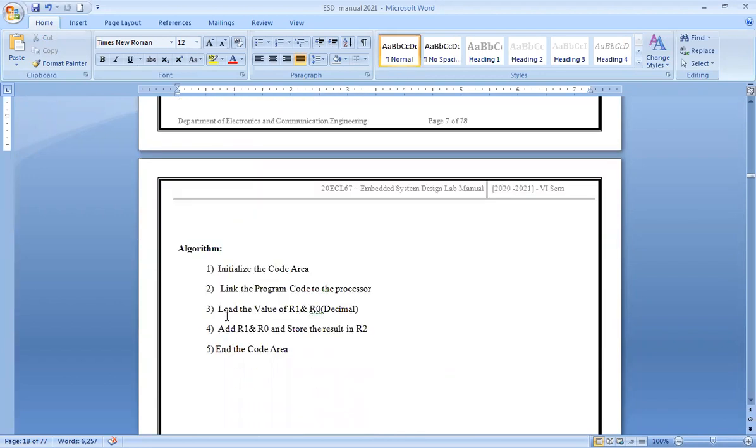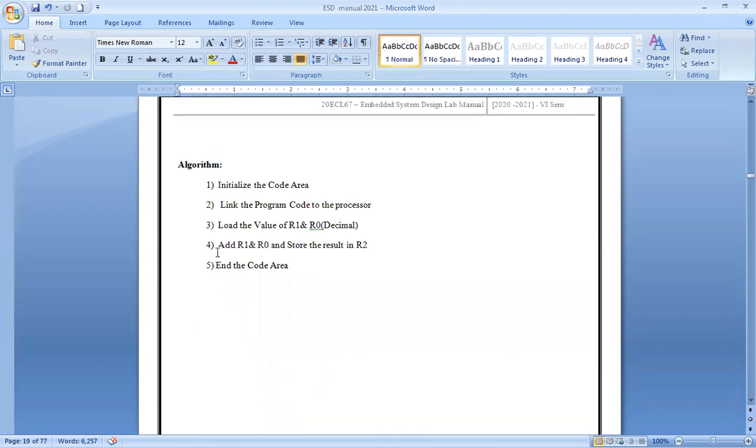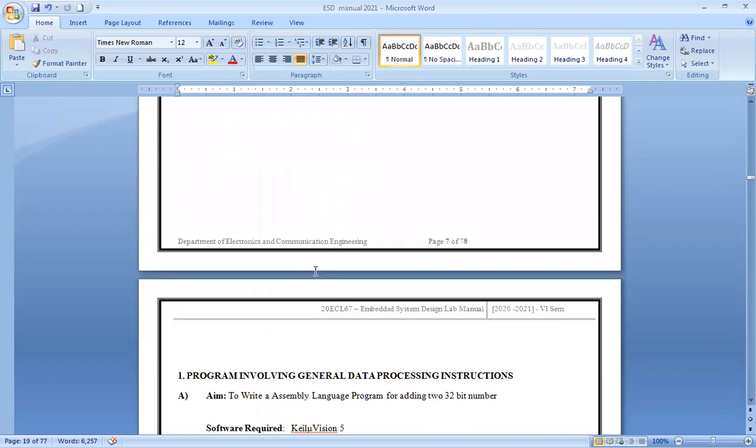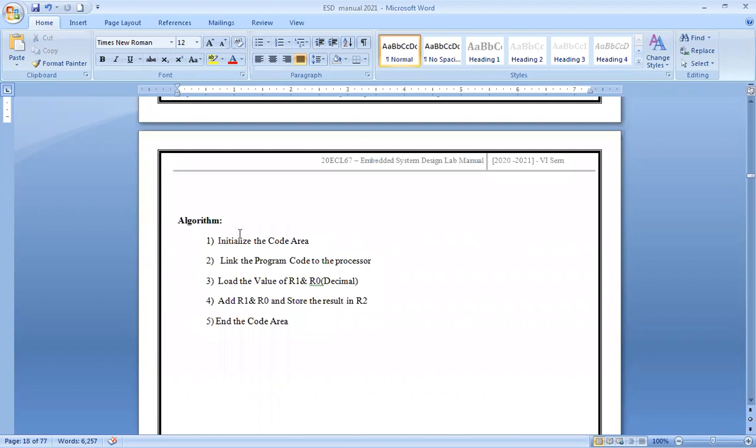The general algorithm that we are going to employ for any program is initializing the code area. Remember, in microprocessors, there was a code segment and a data segment. So we initialize the code area, then link the program code to the processor, and then load the values of whatever registers are given.